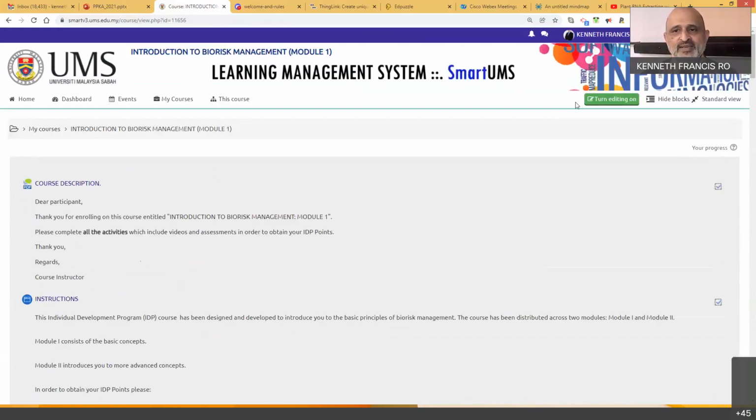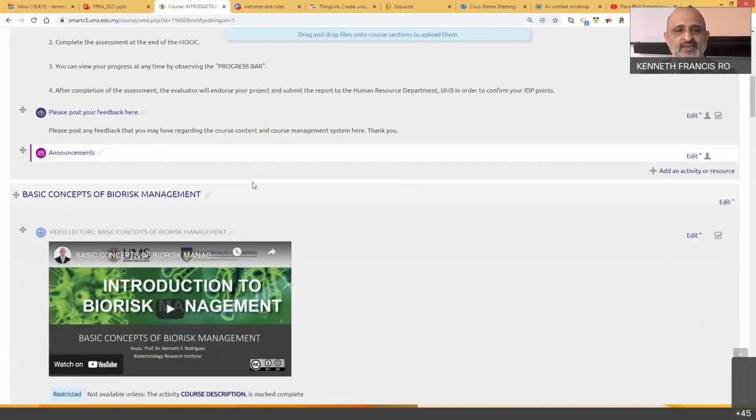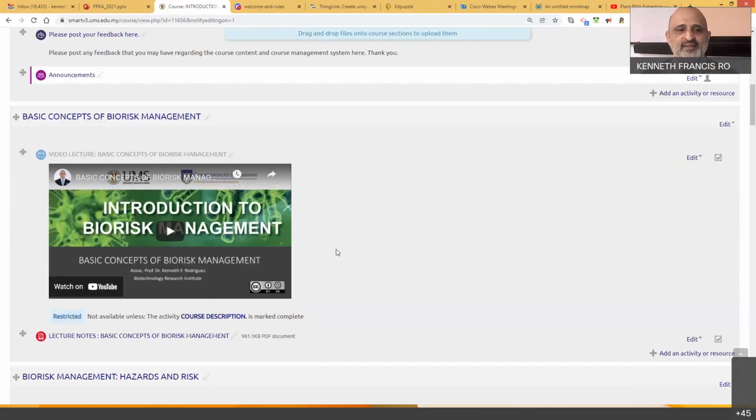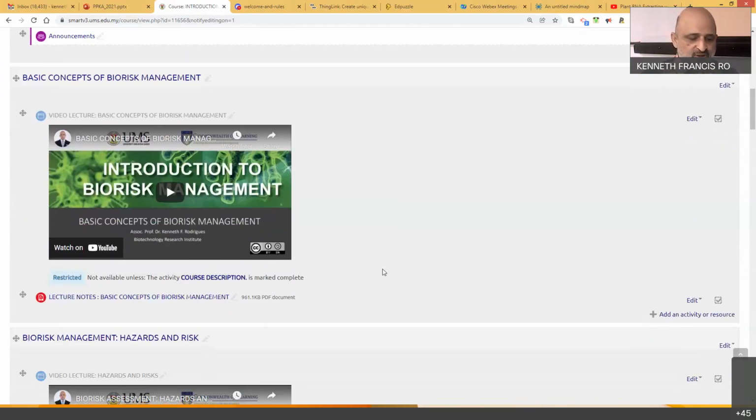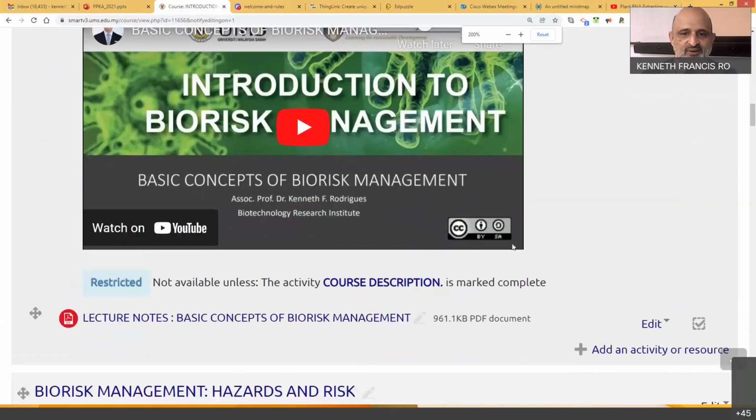Now, how you do it is by using a specific setting. Okay. So you turn your editing on. Okay. Now, this is a particular module here. It is basic and it contains a lecture note and so on and so forth. Now, if you look here, I'm going to zoom on this, so it's more clear on your screen if you're using a small phone or